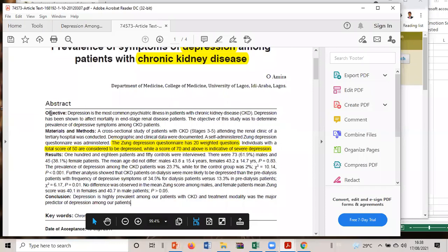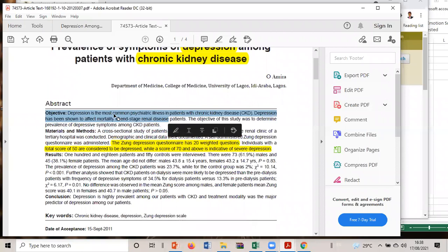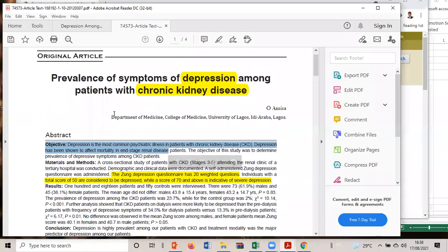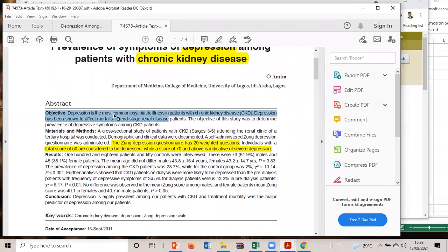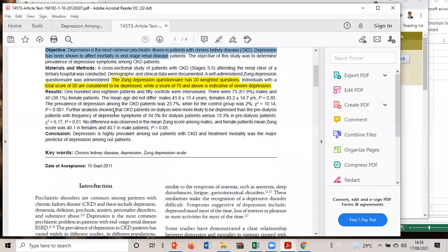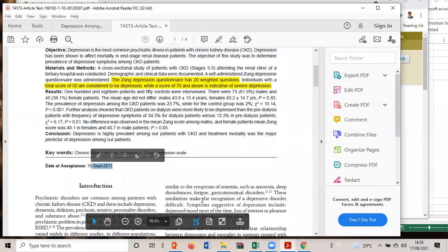Later you're going to form your objectives. Based on the objective, look for some good articles to measure that. We'll go into details later, but right now we just want to know what other people have done in your area, and as recent as possible. This 2011 is not too bad. I try to get more towards 2015 and above.